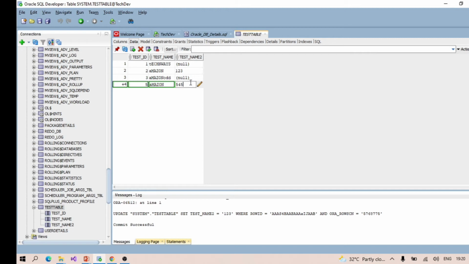If you see, the combination of test name and test name 2 is currently different. I'm comparing with row number 2.